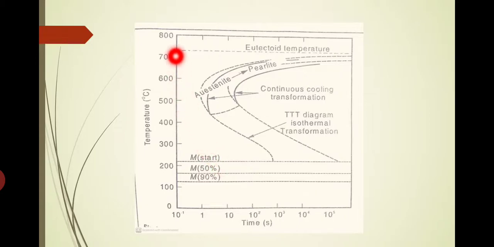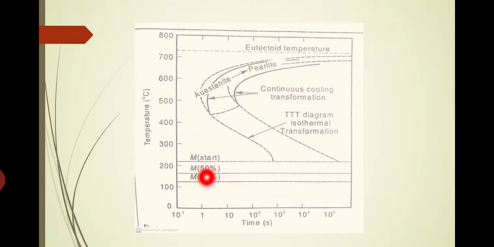So for a cooling curve, if the cooling rate is much lower, it will be like this. If the cooling rate increases, it will become like this. A faster cooling rate will be something like this. If much faster, it will go like this. There is a possibility that at least one curve will be just touching the nose of this curve. That is what is known as the critical cooling curve. If the cooling rate is faster than the critical cooling rate, then there won't be any formation of pearlite, bainite, etc. Instead, austenite will be directly transformed into martensite. So for a much faster cooling rate, we will finally obtain martensite directly.